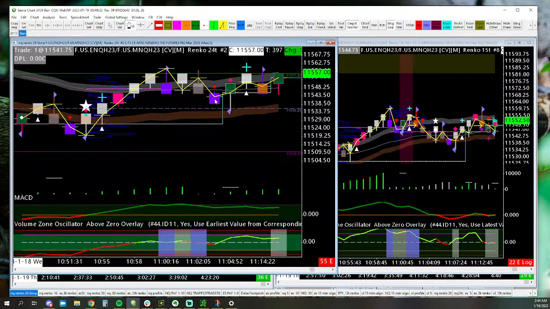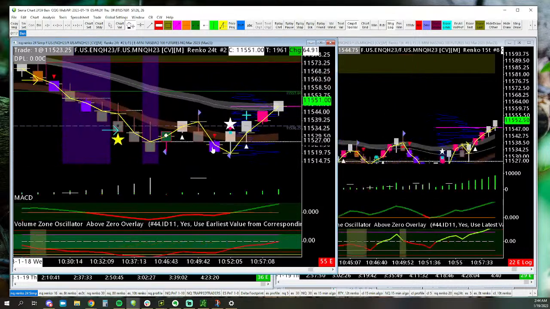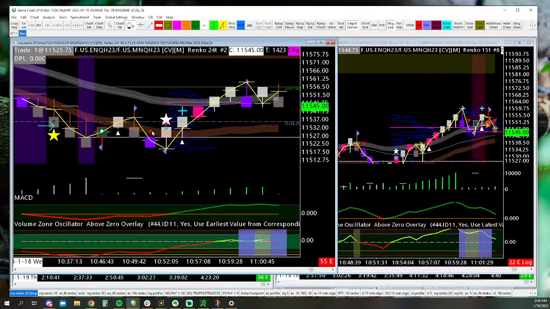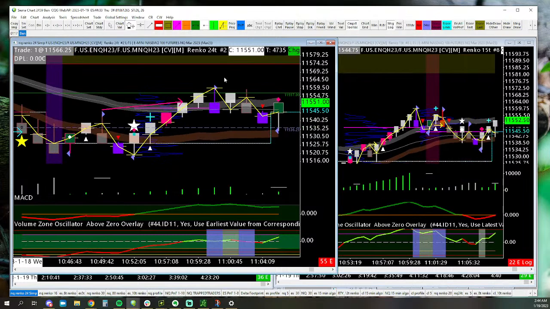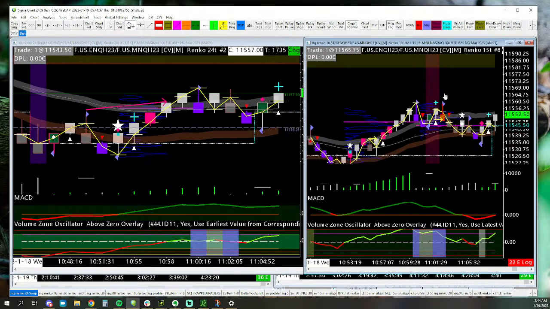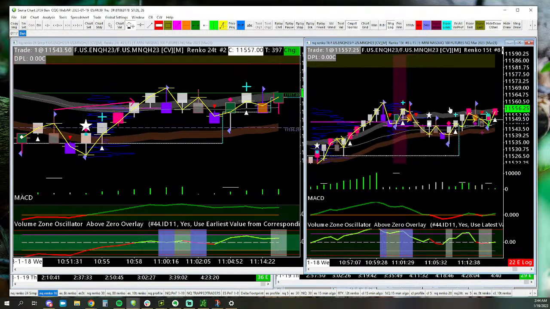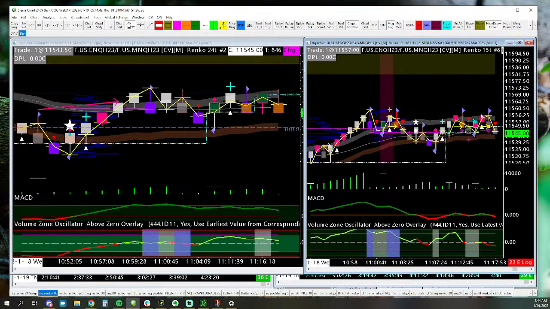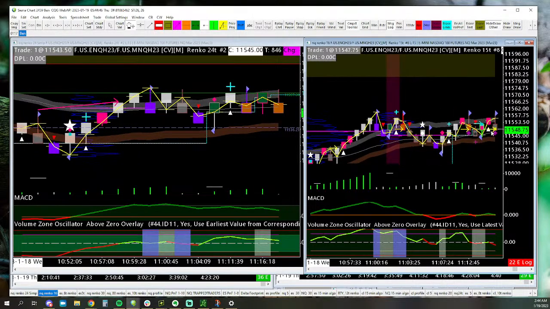This one, purple bar, green bar during a supernova. I mean, it's supernova here on the 24 tick too, see? Closed above the apex. But that pullback is just so weak. I don't know. It's hard for me to take that trade. And the breakout too. It's tough. They then give the breakout in the opposite direction, but no brown here. So I don't think I can sell it unless they get underneath this